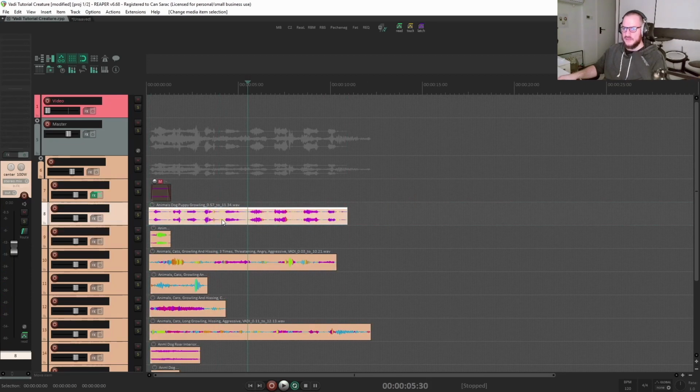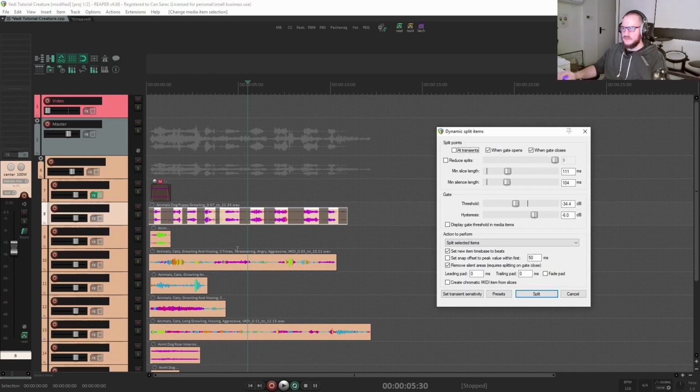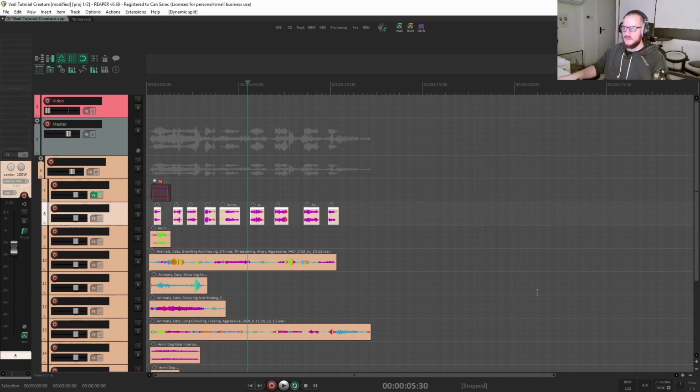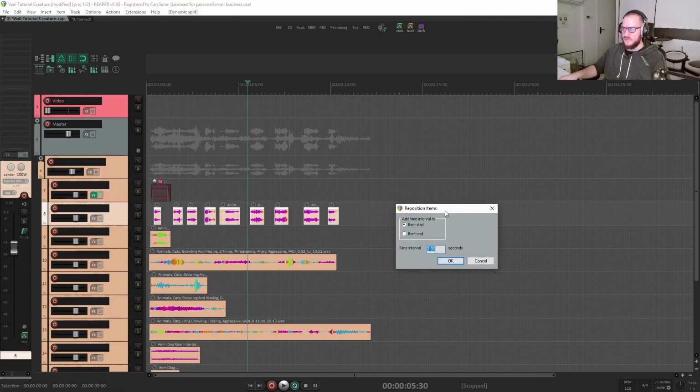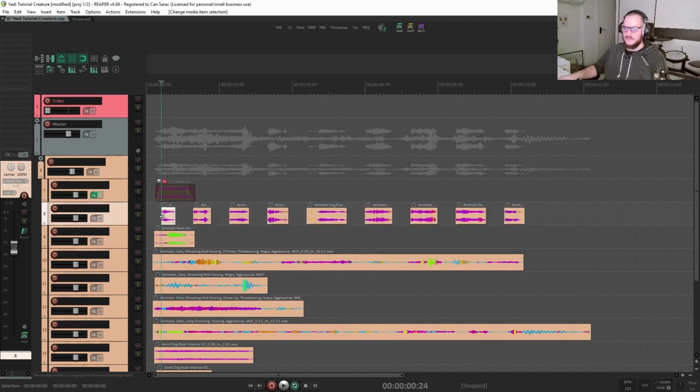There's one function I like in Reaper, the dynamic split. It's really helpful when you have a wave file with a bunch of variations, and you can just split them into individual sounds and then reposition them with a certain amount of distance. Makes it a bit more organized. But anyways,